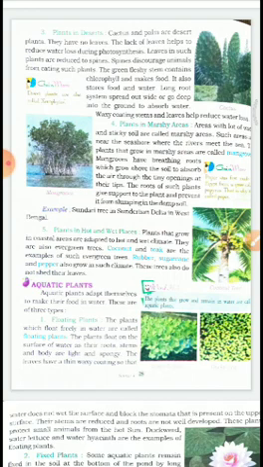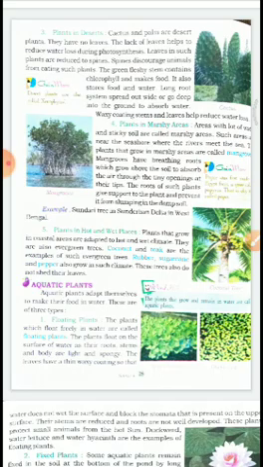Now, plants in hot and wet places. Plants that grow in coastal areas have adaptations to hot and wet climate. They are also evergreen trees. Coconut and teak are examples of such evergreen trees. Rubber, sugar, and pepper also grow in such climate. These trees also do not shed their leaves. Right, children? So these are the few adaptations which these trees have.